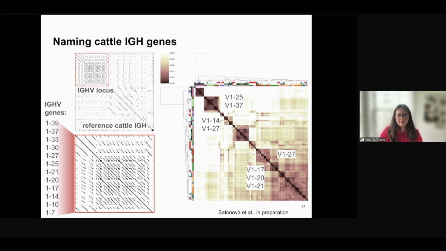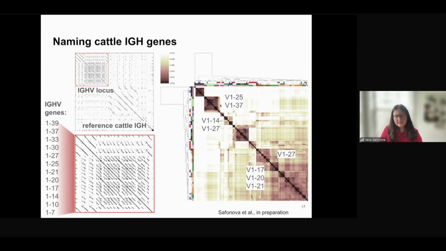Ig genes, because currently they are named according to one of the reference genomes that is also highly repetitive. It's characterized by its own number of copies of these repeats. And genes in this locus are named positionally, so they were assigned names according to their position rather than the clusters they belong to. Again, if we compare IGH genes collected across various breeds and just compute their pairwise distances and do clustering, then we'll see that these names are not the best choice for studying cattle immunoglobulin heavy chain